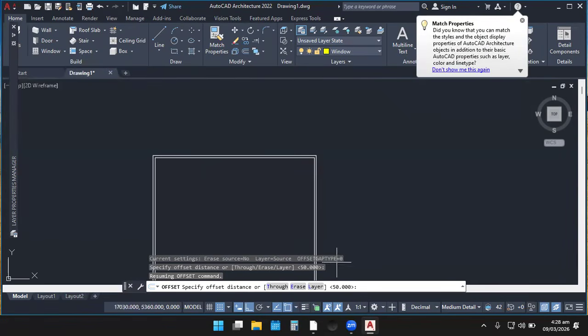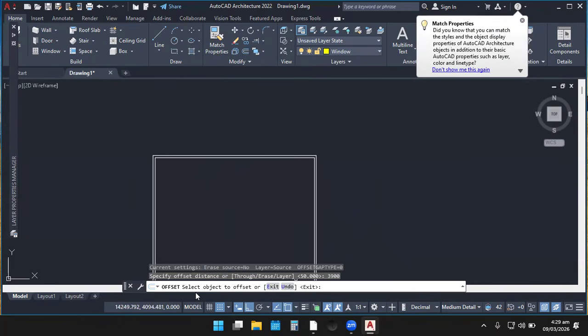Because the offset command is already inside, this is the offset. When I left click on it, you bring your pointer to the command window and click to enter your distance. So we can enter 3900, enter.